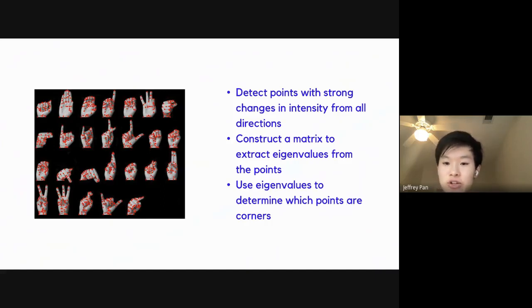And the reason why we want it from all directions is, definitionally, that's kind of what a corner point is. Whereas for an edge, there's a strong change in one direction, when you're going across the edge. A point sticks out because it's different from all the pixels around it. And so that's why we care about the gradient image again, and we want a strong change in intensity